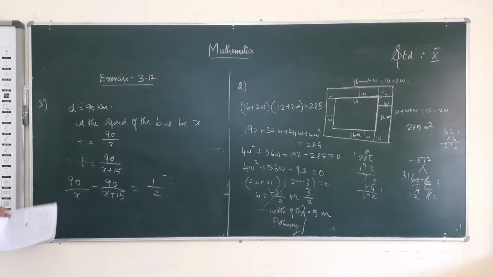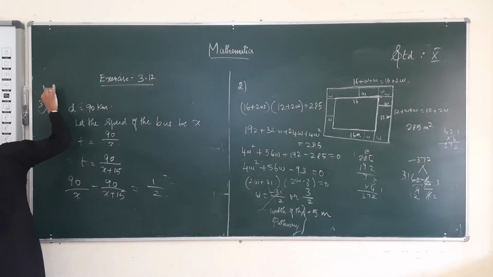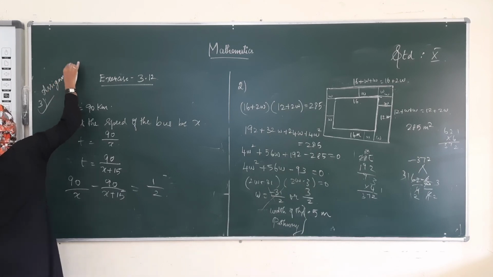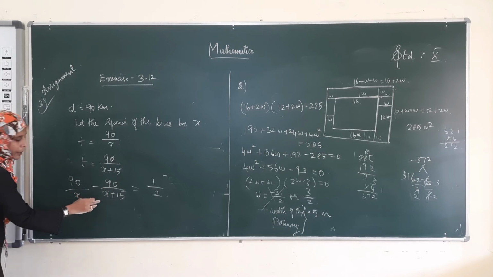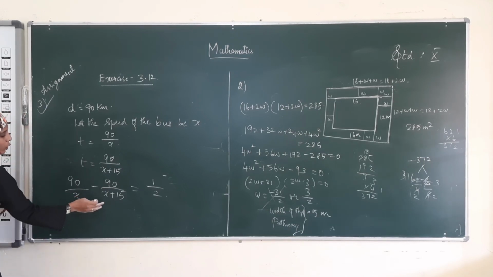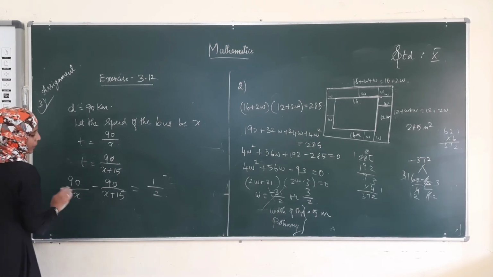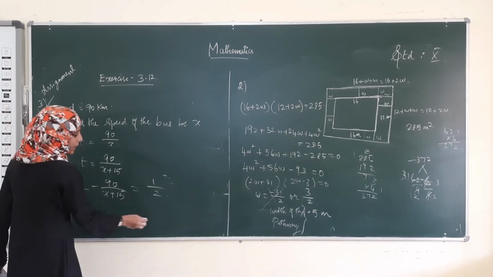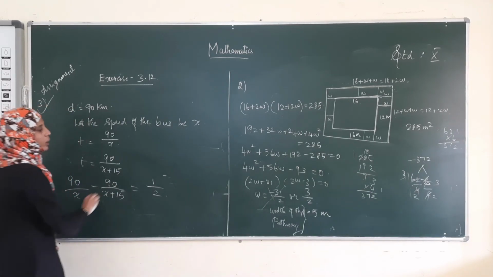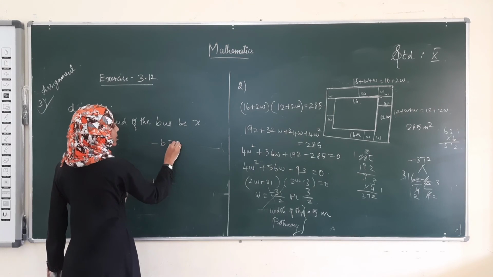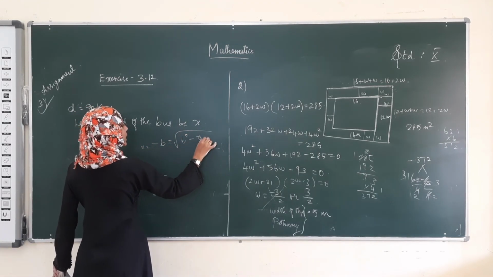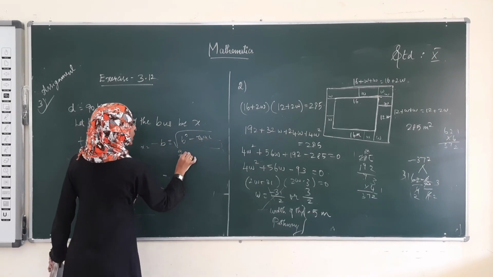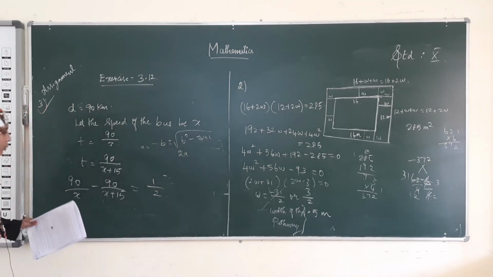This is the expression. See, this is the assignment for you. I have given the mathematical formulation. You have to find x alone, the original speed. Now you cross multiply, find the LCM, then solve this, you will get the quadratic equation. Solve the equation using the formula method: x is equal to minus b plus or minus root of b square minus 4ac divided by 2a, then you will get the value of x.